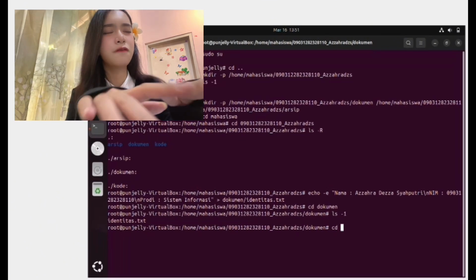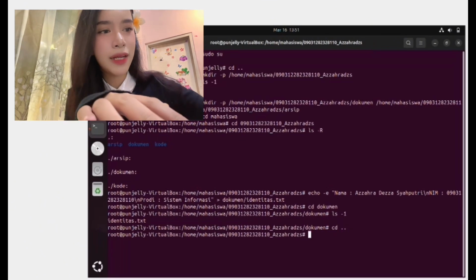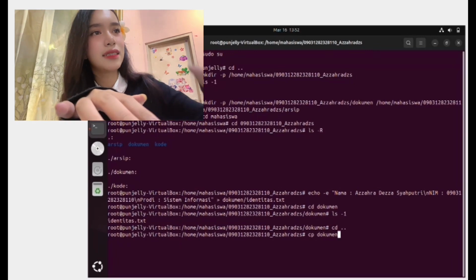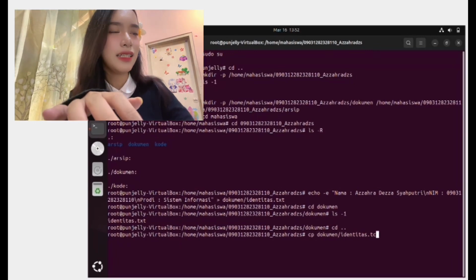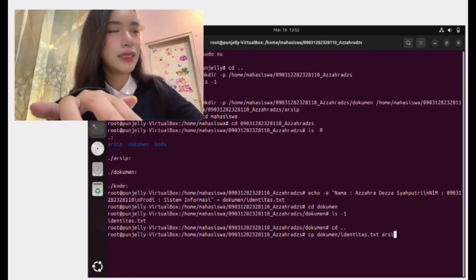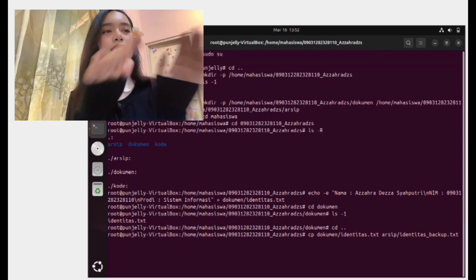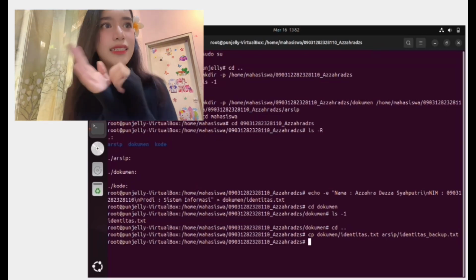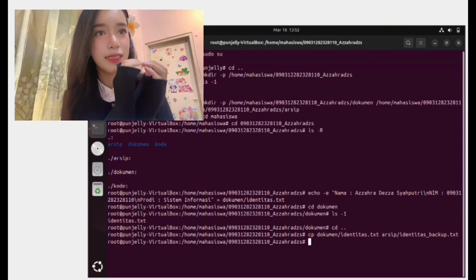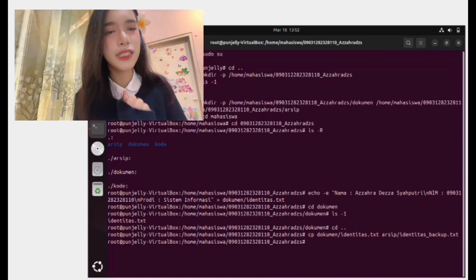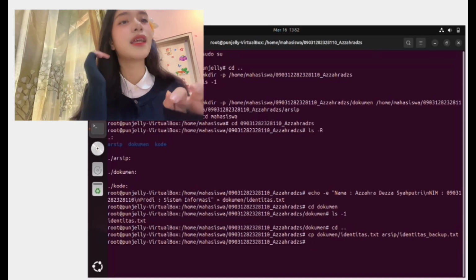Next, we copy the file using the command cp document/identitas.txt arsip/identitas_backup.txt. The first is the file that you have, and the second is the directory you want to copy it to.